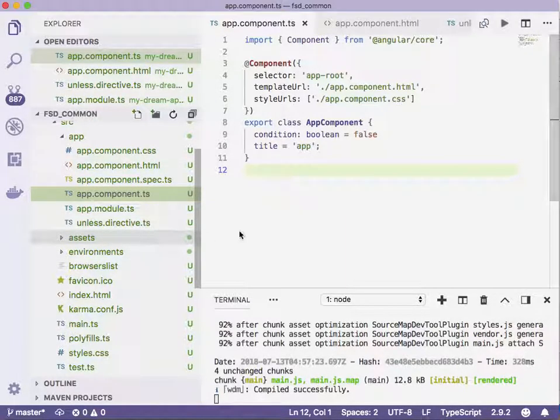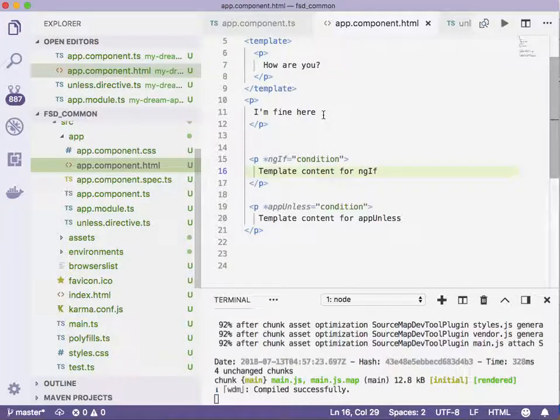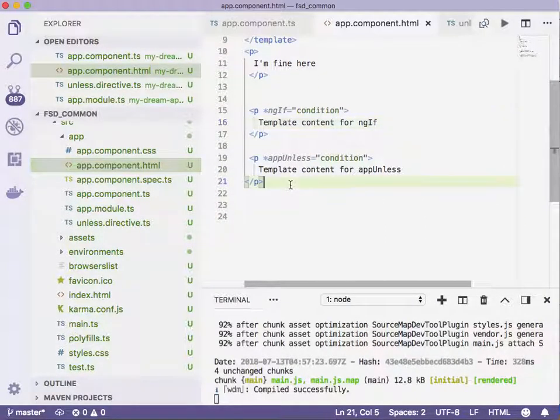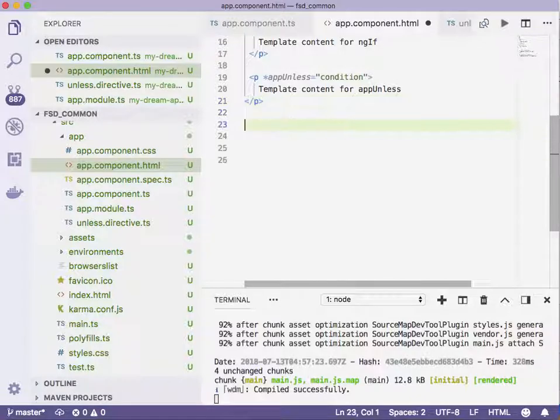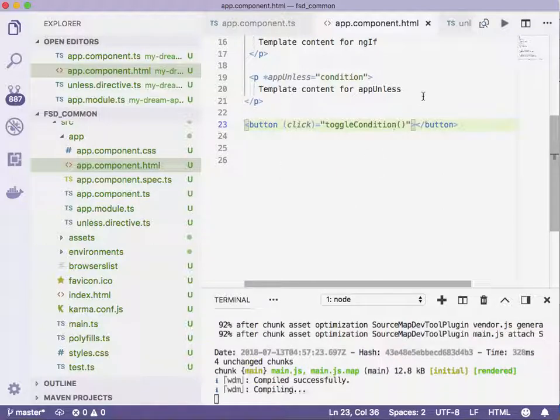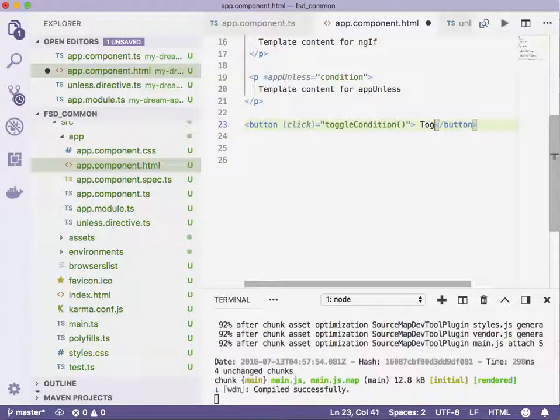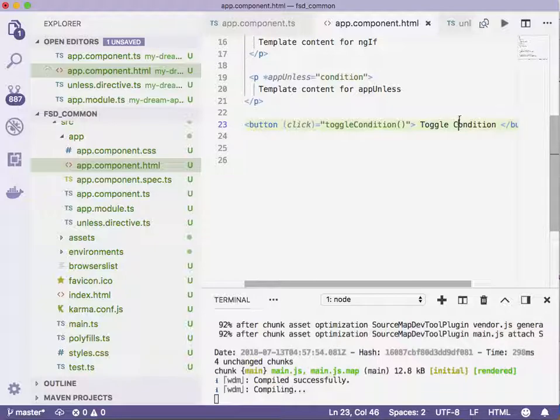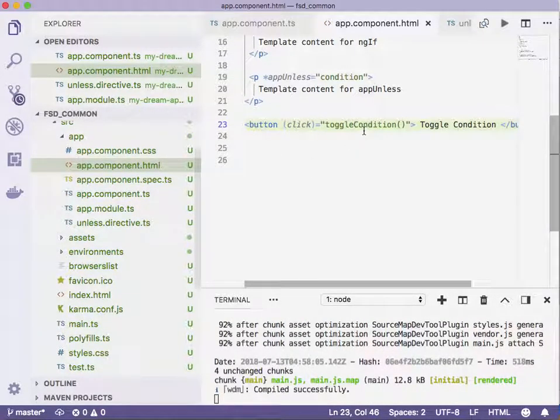Maybe what we'll also do, to test this out in a better way, is create a button here. And we'll write some event on this to toggle this value. So click event, just use the toggle condition method, and just write toggle condition. And toggle condition really does what? It's going to change the value to true and false back. So I'm just going to use this method here,